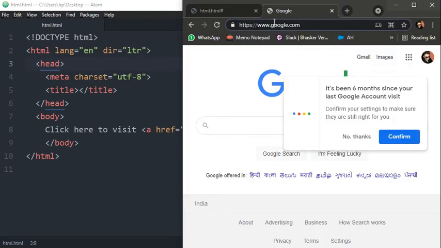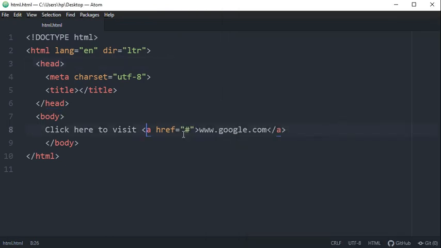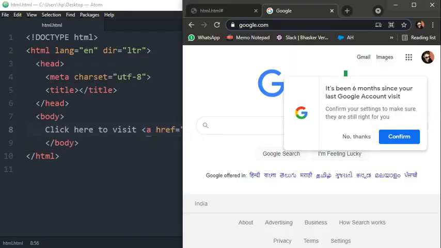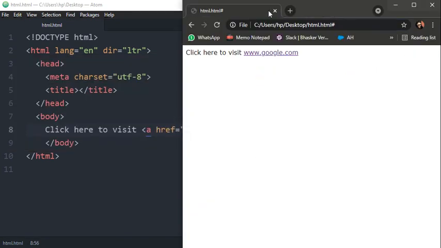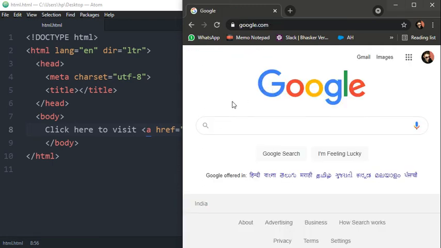So this is the way you have to define the link in its format: https, hypertext transfer protocol, and the s stands for secure, then a colon, then a double slash, then www. This is the link of google.com. So now let's see the change. I'm closing this web page over here, refreshing it. Now whenever you click on this, it will redirect you to google.com.